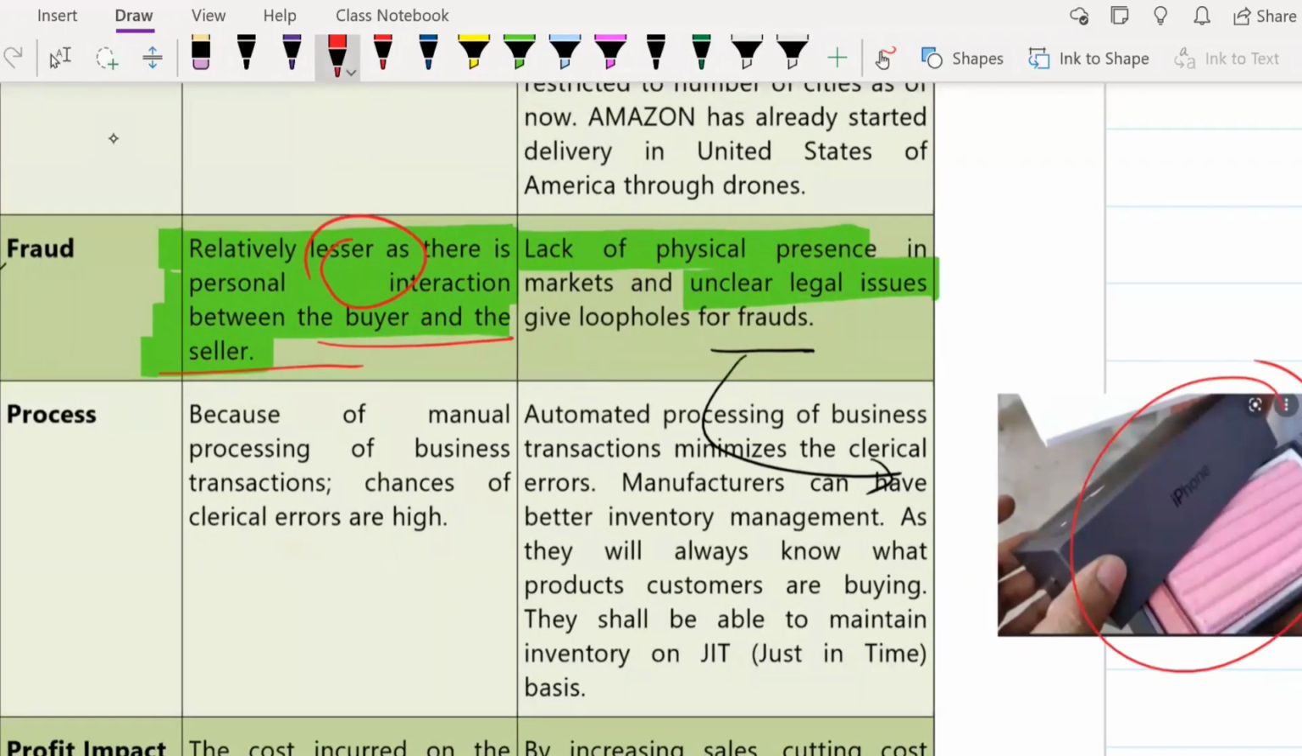Okay, and then, unclear legal issues. For this, if I have to give you an example,